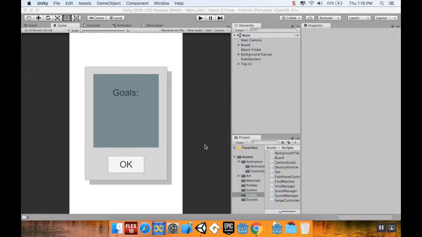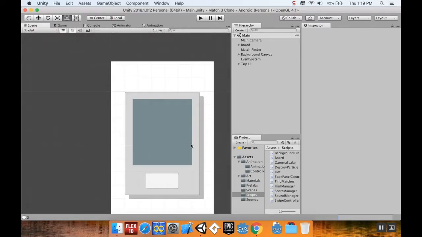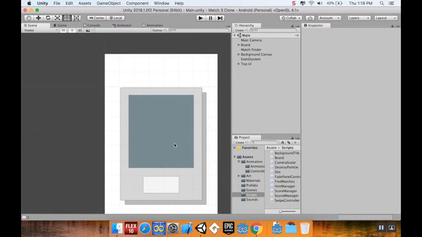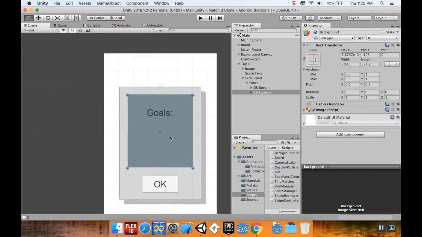Okay, welcome back. So today we're going to make a goal menu similar to what Candy Crush has, so that when we start our game, we have specific goals for pieces that we're looking to gain as we go. So let's get started on that. The first thing I want to do is create kind of a basic prefab